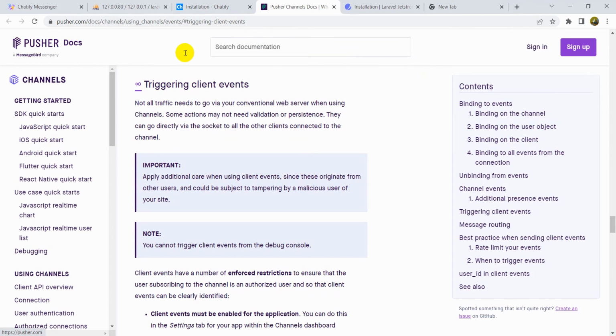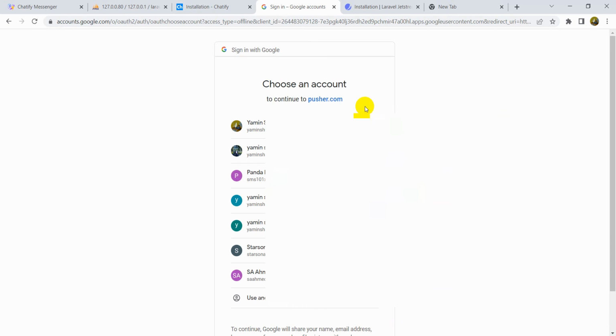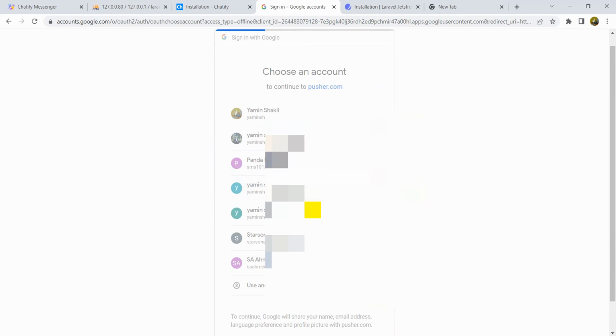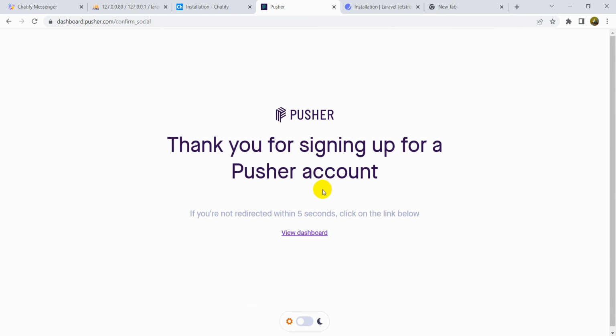If you go to this Pusher docs, on the right corner you will see sign in and sign up. So I'll click over here, sign up. Then you'll see multiple options, sign up with Google and sign up with GitHub. I'll sign up with Google, and then I'll choose an account from here. I'll choose this account. You can choose any email you want, and then it will redirect you to the dashboard